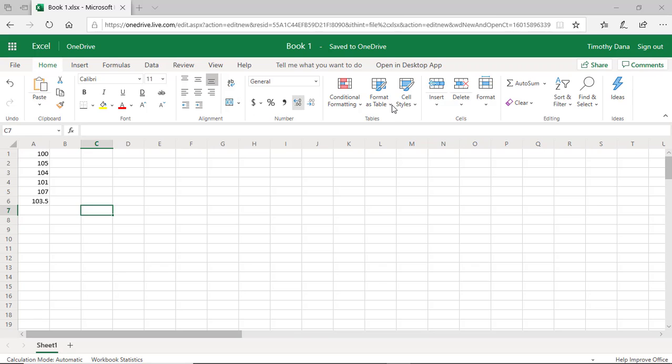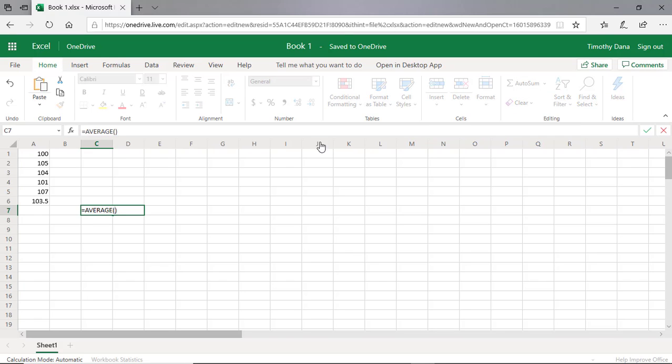So simply go to this editing section in the Home ribbon, and the drop-down menu for AutoSum has a list of different formulas and functions, such as sum, but the one we want is average. Click average, and it puts a formula in the selected cell. I guess I should also